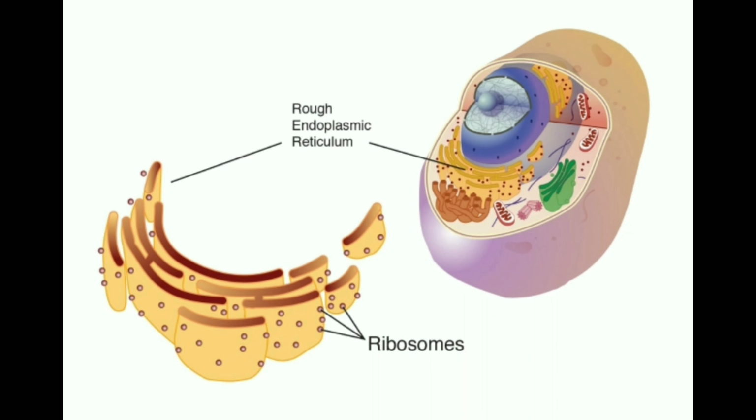Now, coming to the sixth organelle, that is ribosomes. These are small granule-like structures in the cytoplasm of a cell. These are of two types. The first one, free ribosomes, which are scattered in the cytoplasm, and the second one, attached ribosomes, that is, they are attached to the endoplasmic reticulum. Ribosomes are the site of protein manufacture. It means that they synthesize proteins.